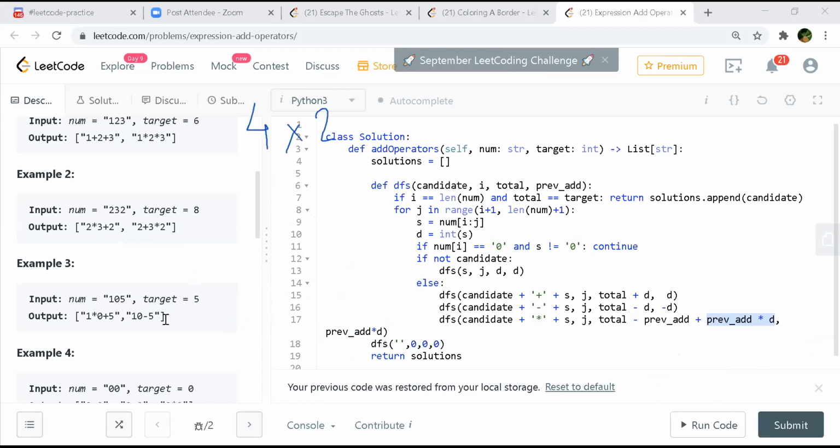And we need to add something before that, like 3 plus something. Let's assume this is what we need to do. So 3 plus 4 into 2 into 2, right? In this case the total will be 3, because now the total is 0. So first the total will be 3 and D also will be 3.